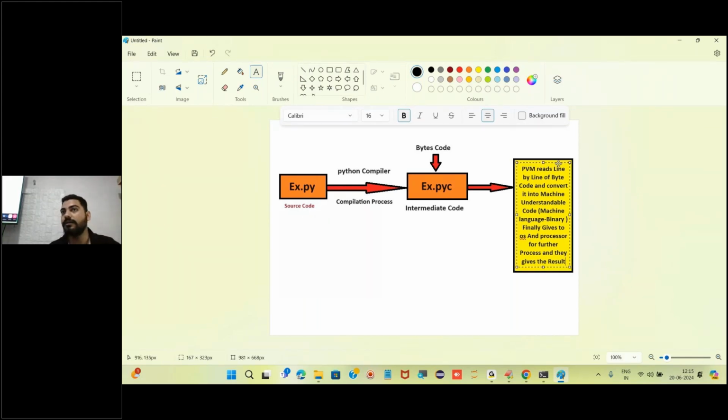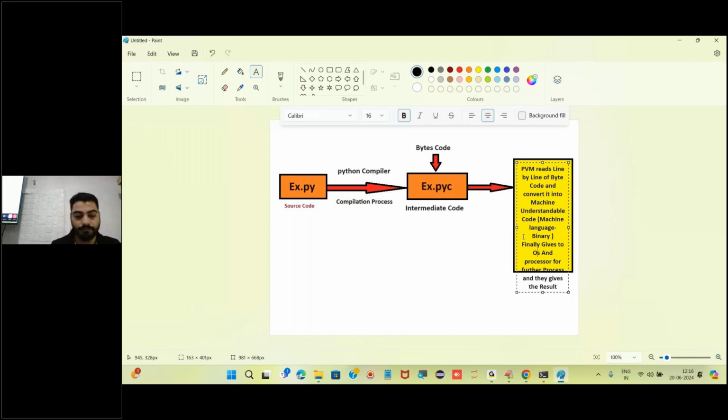Processor and operating system. So what does PVM do? It reads line by line of bytecode and converts it into machine understandable code, which is nothing but binary. And finally gives it to the operating system and processor. Then the processor and operating system give the result back.